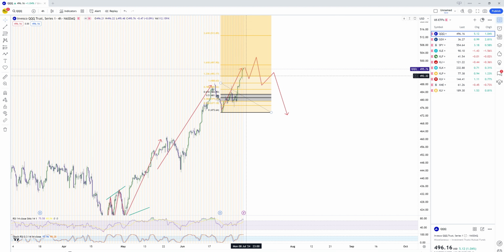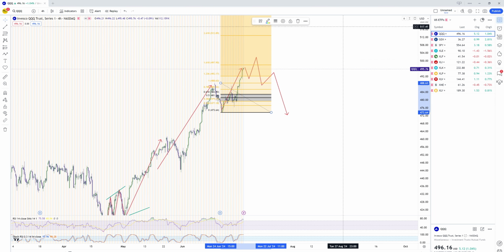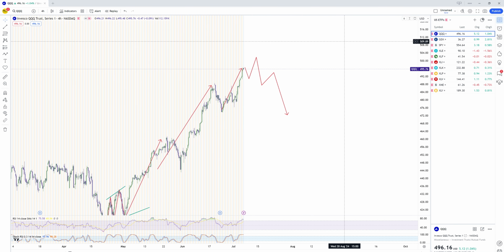We cannot deny the possibility of another high. A small pullback and another high is very likely, and then we might see a pullback later down the line overall. But like we said, this is a bullish market, and nobody should be attempting to counter trade this market, at least at the moment. So this is our view overall.